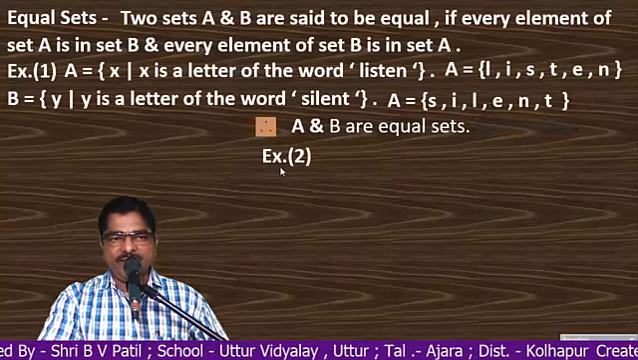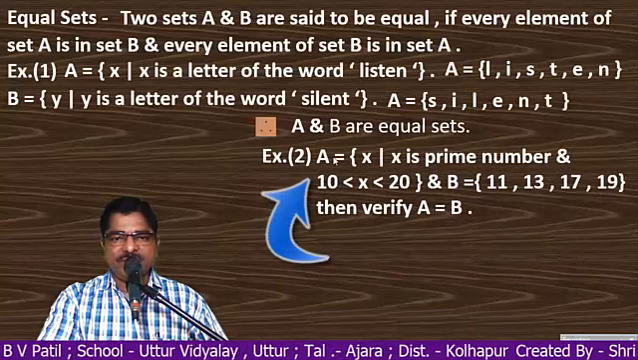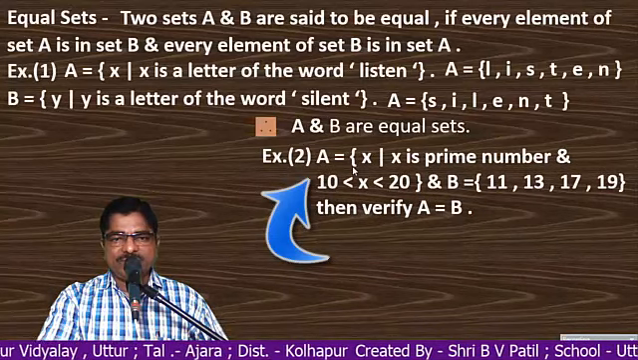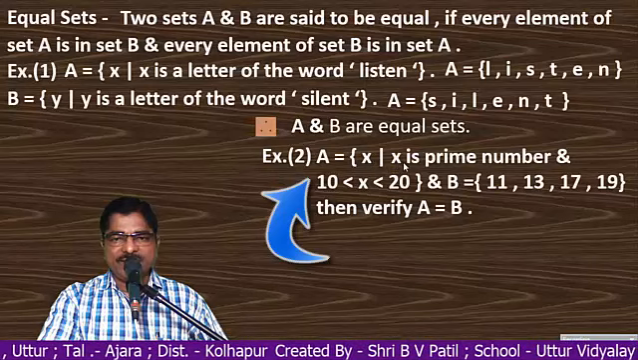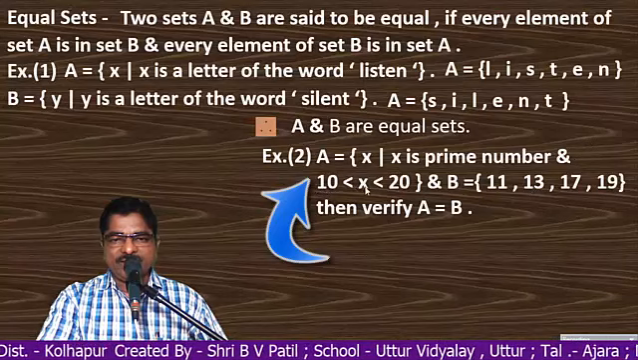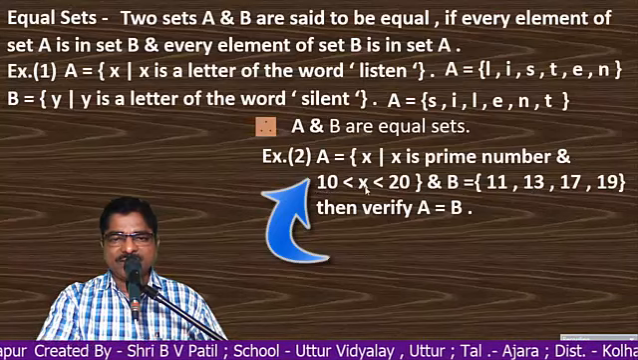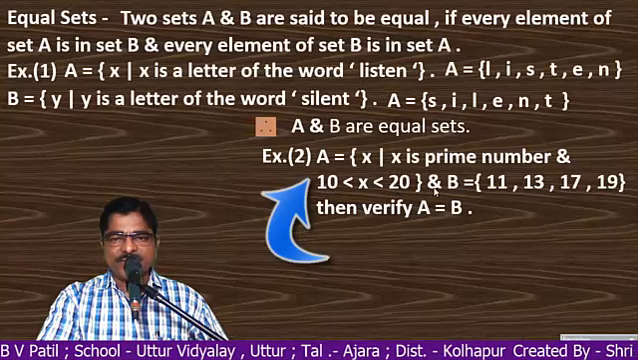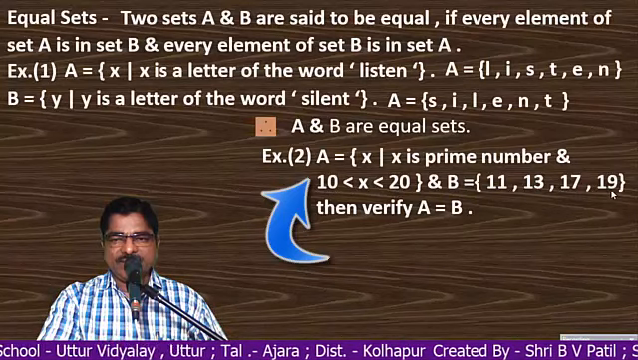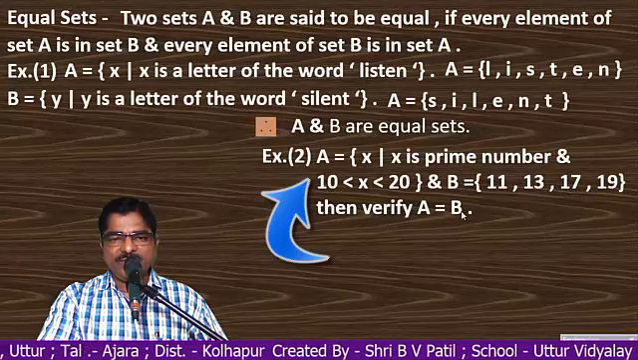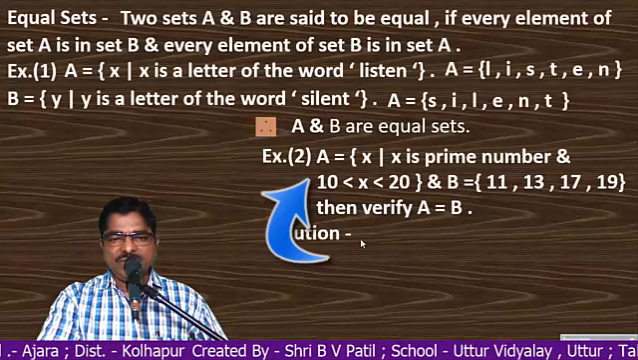Then next example, A is equal to x such that x is a prime number and x is greater than 10 and less than 20, and set B is given as 11, 13, 17, 19. Then verify A is equal to B. In the solution,